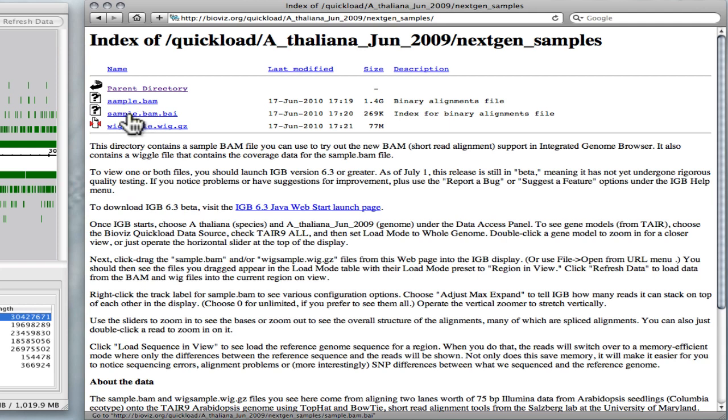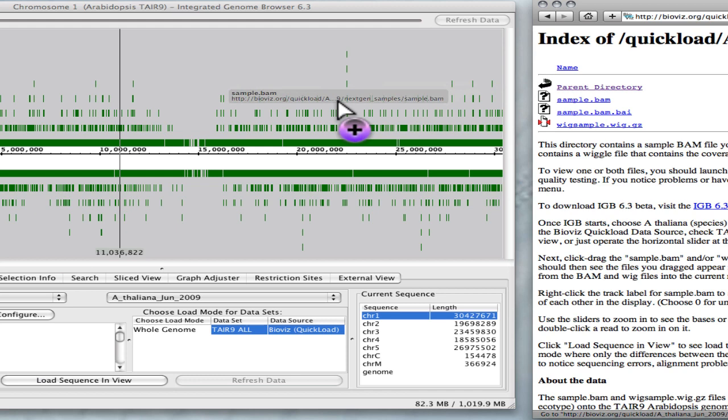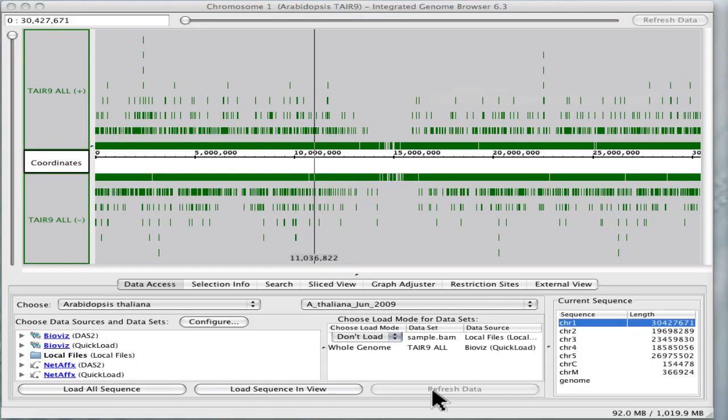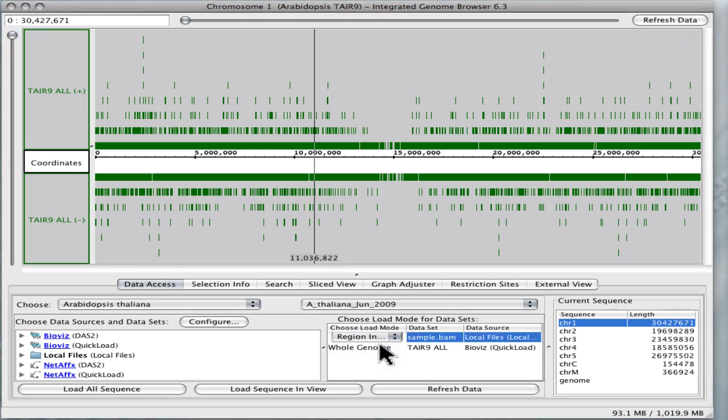To load the BAM file into IGB, I'll just click it to select it and drag it into the IGB display. Notice how now the sample BAM file appears in the load mode table in the data access panel. Next, I'll change the load mode for the BAM file to region in view,